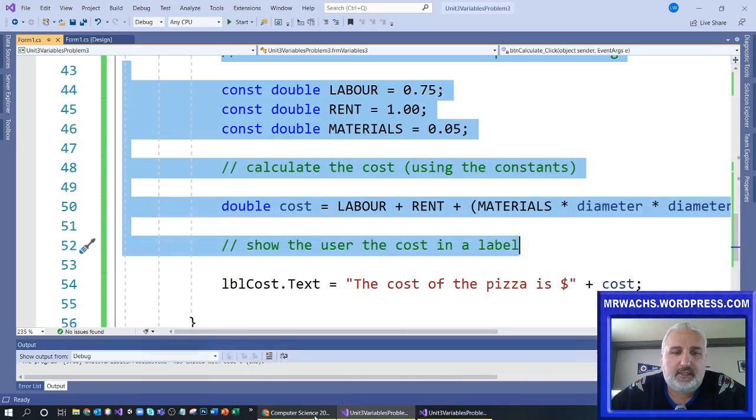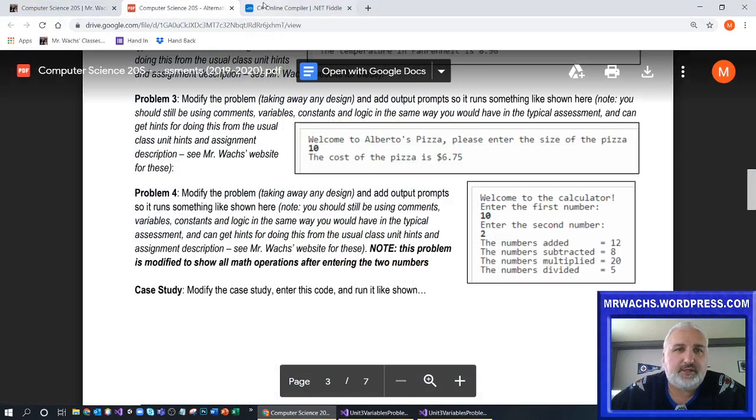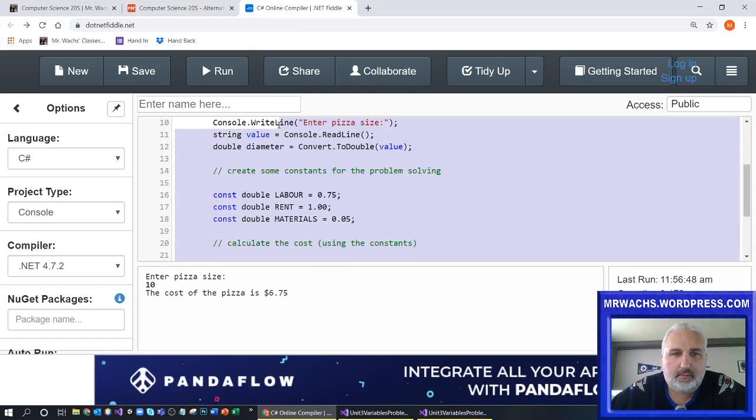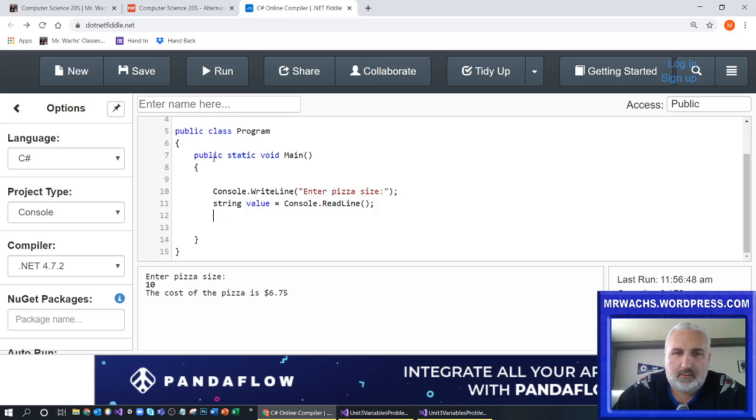So let's do that one real quick and finish this up. Okay, so I would enter the first number. I'm going to call this one value 1, and then a double